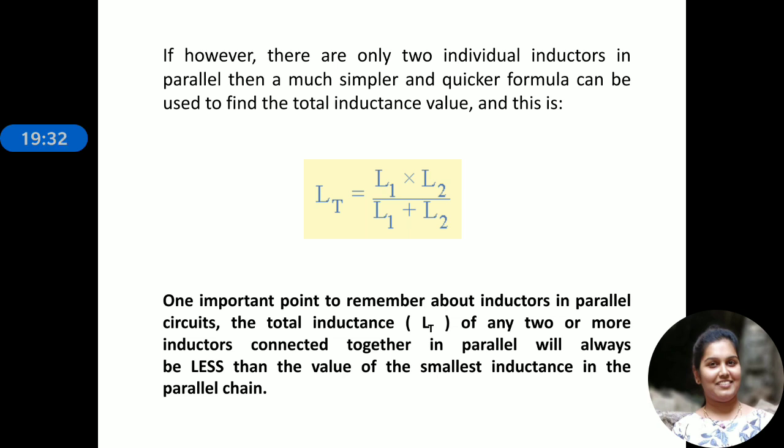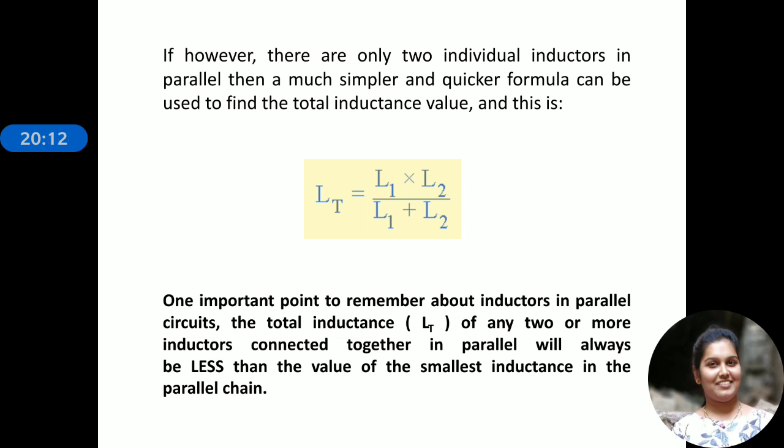For example, if we have 10 inductors connected in parallel and among all those 10 inductors, one of the inductors has 0.5 Henry, for example, we take. So the output expression, or the total inductance, will be less than 0.5 Henries. Okay, it will always be less than the smallest inductor in the parallel chain. So this is a blind way how you can simply identify whether the calculated value is correct or not, by just remembering this point.